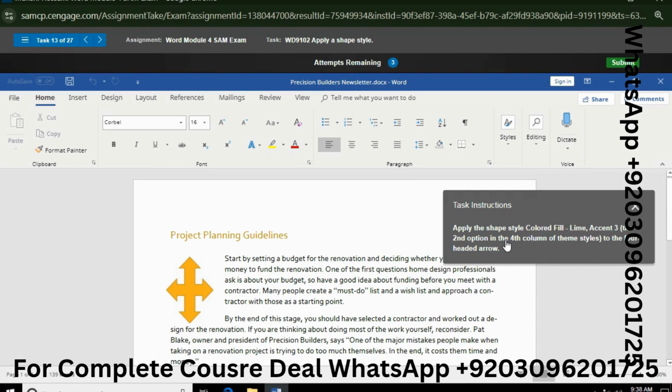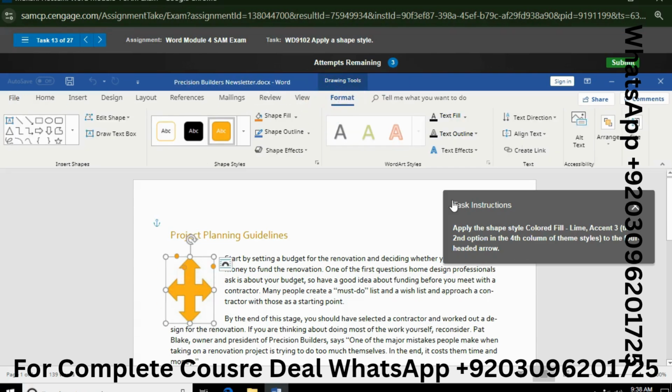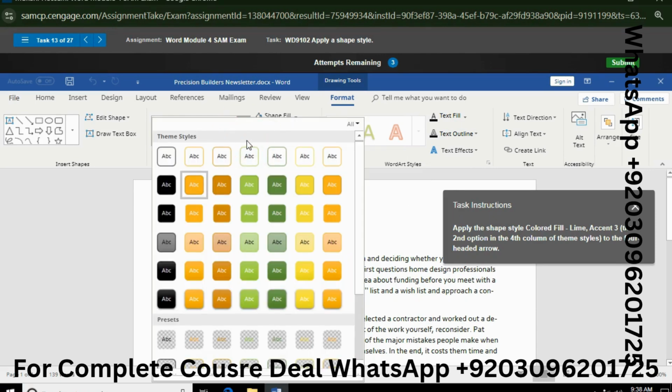Task 13 is apply the shape style colored fill lime accent 3, the second option in the fourth column of theme style, to the four headed arrow. Go to format, shape style, and second option in fourth column of theme style.